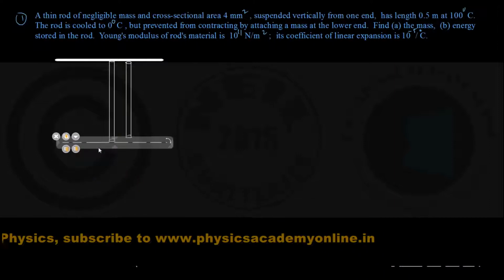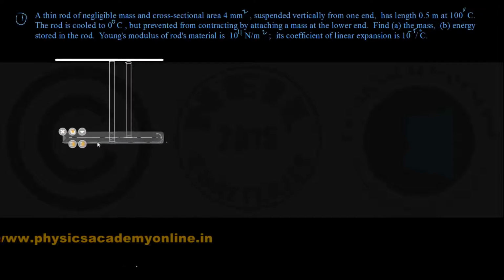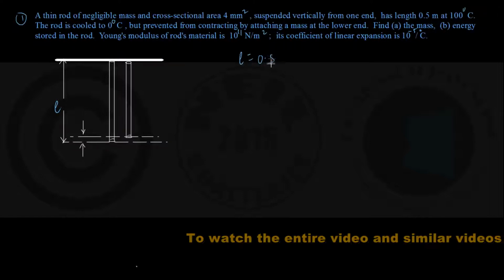So I can show the dimensions by drawing these horizontal lines. So the tip of the rod at these two conditions, and here you see the original length of the rod was L, right? So this L is given to be 0.5 meter,